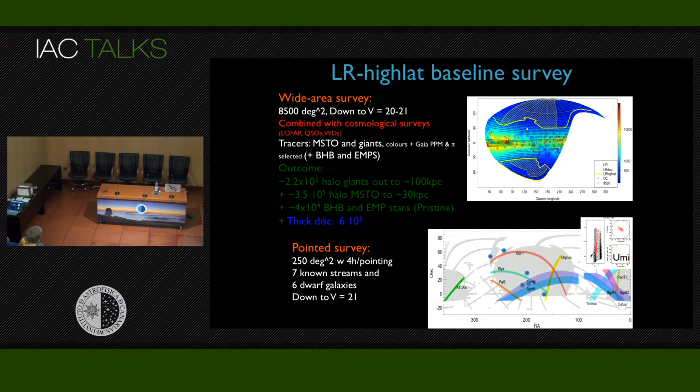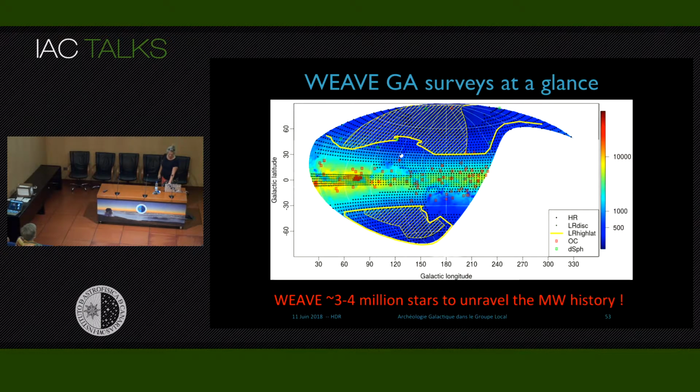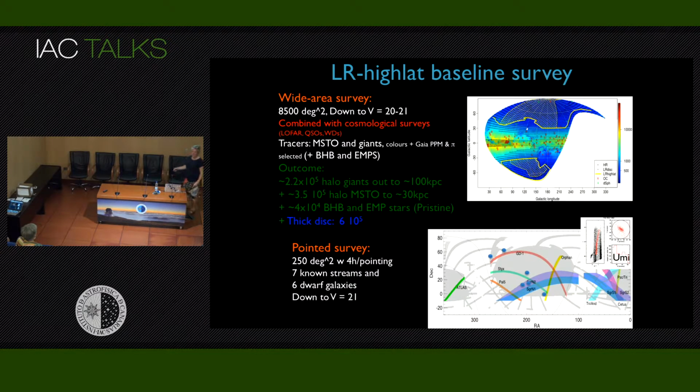And in addition to this wide area survey, we're also going to follow up some of the known substructure, streams, and dwarf galaxies with an even deeper magnitude depth. And just to say this, actually one of the two leads of that high latitude survey is Giuseppina. And if you have not yet been in contact with her and are interested by this kind of science case,